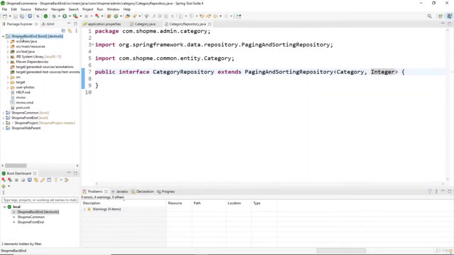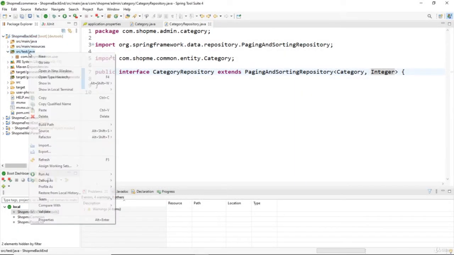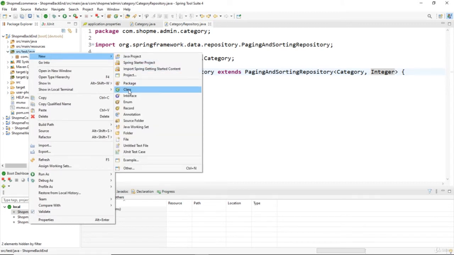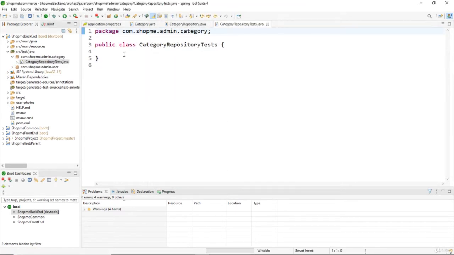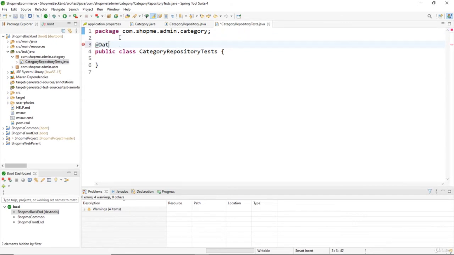So let's create a new test class under the test directory in the Xiaomi backend project. So right click and new class, and we create a new test class under the package com.xiaomi.admin.category, and the class name is CategoryRepositoryTest. Finish. Here we go. And because we create a Spring Data JPA test, we need to use this annotation, DataJpaTest,